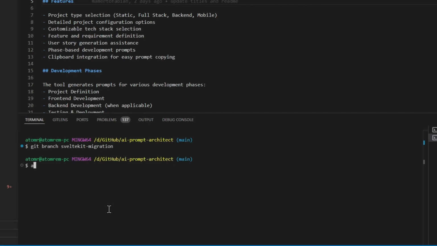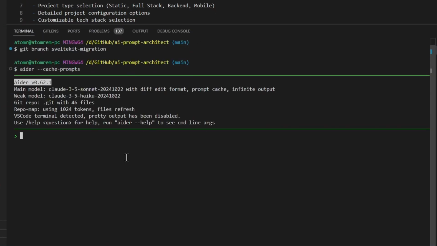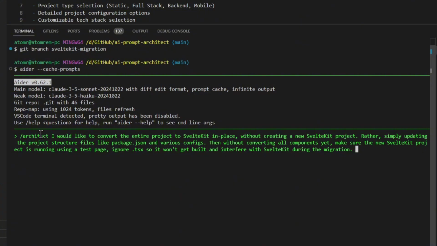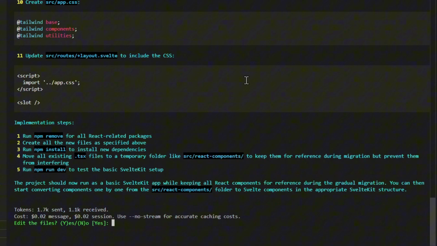I will start Aider. And then here, I will paste in my prompt, starting with /architect, indicating that we will use the architect mode of Aider. So let's hit enter. Let's allow Aider to access the package.json. When using Aider's architect, Aider is not directly editing files yet, so the architect model simply lays out its plan and proposal on how to edit the project.